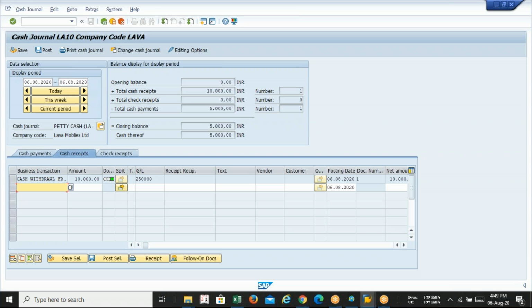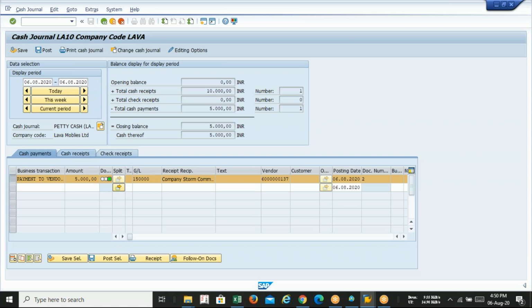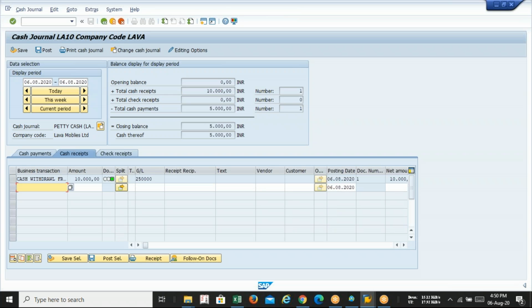Before getting into it, please create a cash account and at least one vendor so that you can see the payment as well as bank. So we know how to make the payment through bank, and today we have understood how to make the payment through cash also.